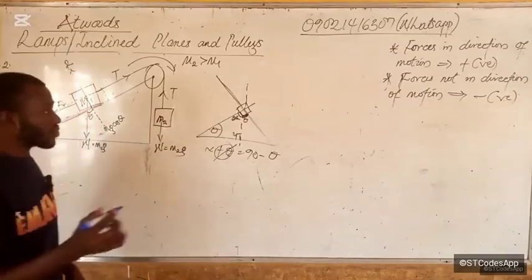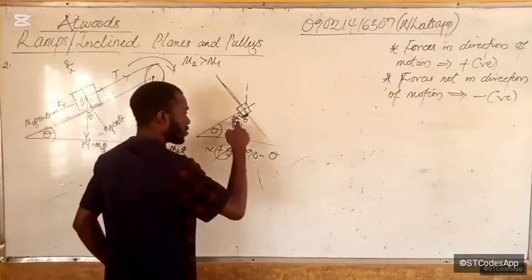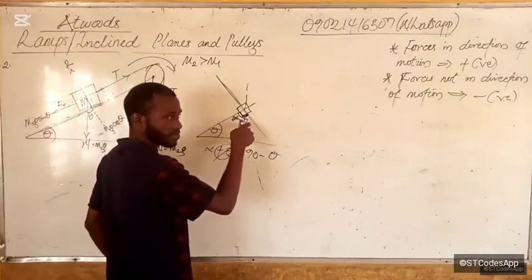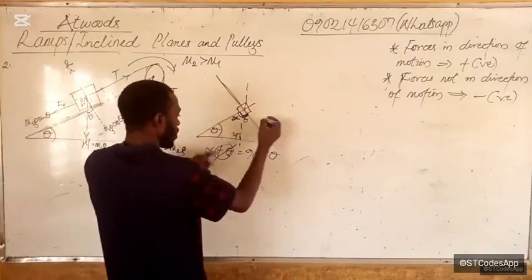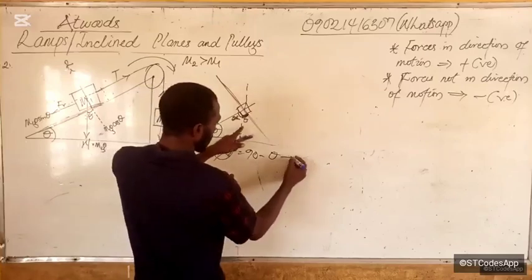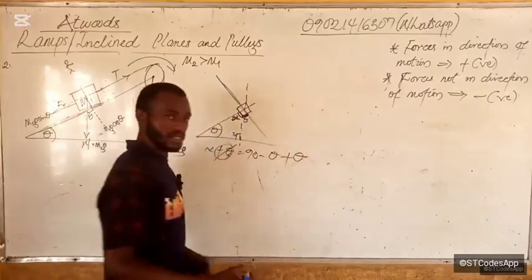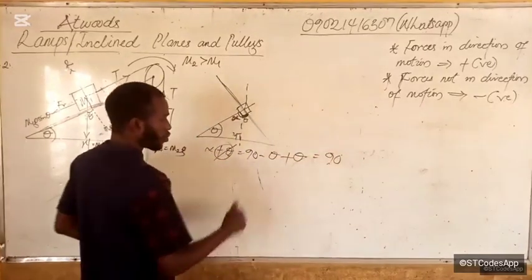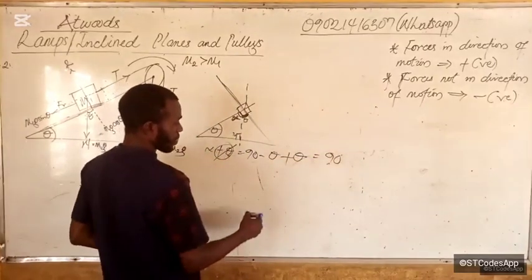Does that make sense to you? This place is 90 minus theta, and this place is theta. So alpha is 90 minus theta, and the other side plus theta. Do you understand? Everything must be 90. Is that okay? So if we subtract 90 from both sides,